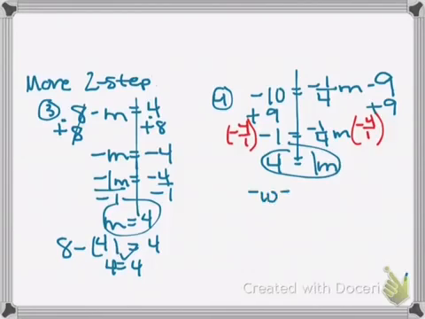I'm going to check it, take the m out in the original problem, and insert a 4. So I'll have negative 10. Negative 1/4 times 4 is negative 1 minus 9, and negative 1 minus 9 is negative